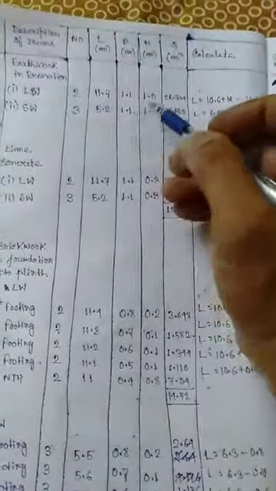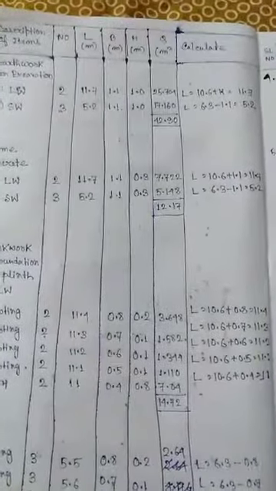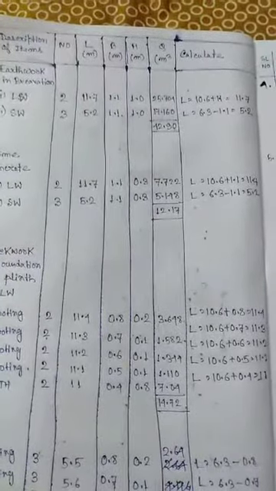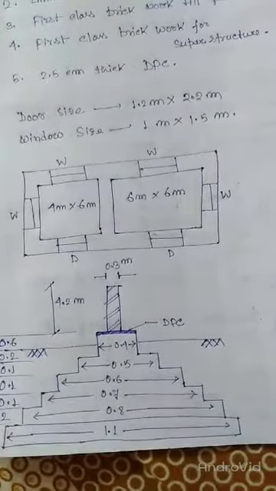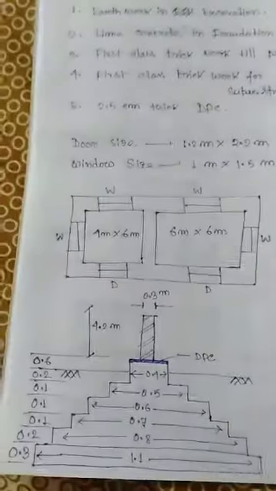And the width is given there, 1.1 and 1.1, both 1.1. And the height of excavation is from ground level to the bottom of the lime concrete. You can determine that from this figure: 0.3 plus 0.2 plus 0.1 plus 0.1 plus 0.1 plus 0.2. So that is 1 meter. So you have to write here the height of the earthwork in excavation, that is 1 meter.